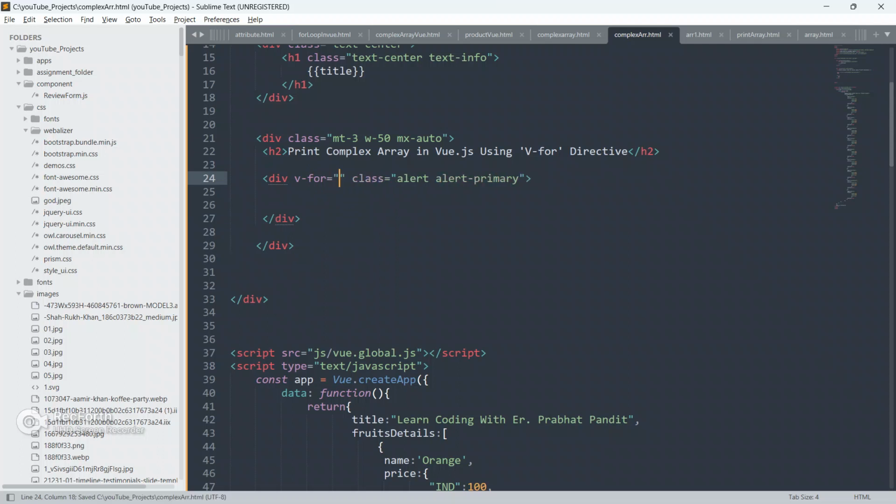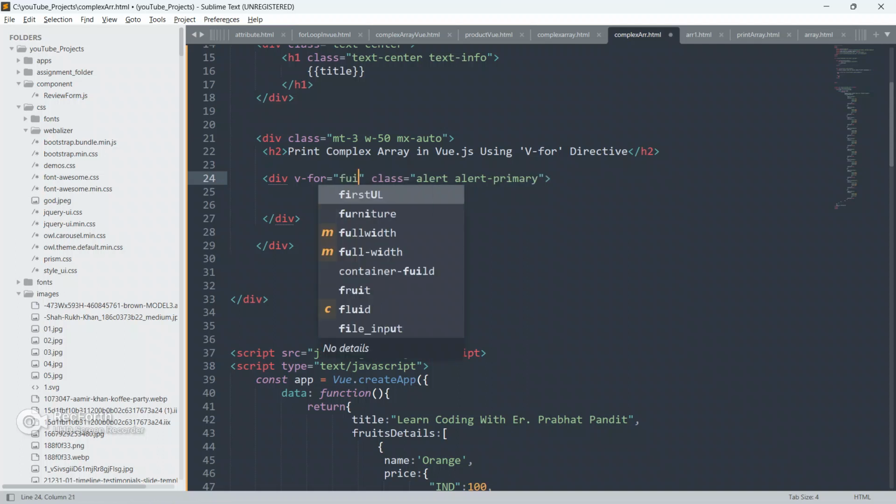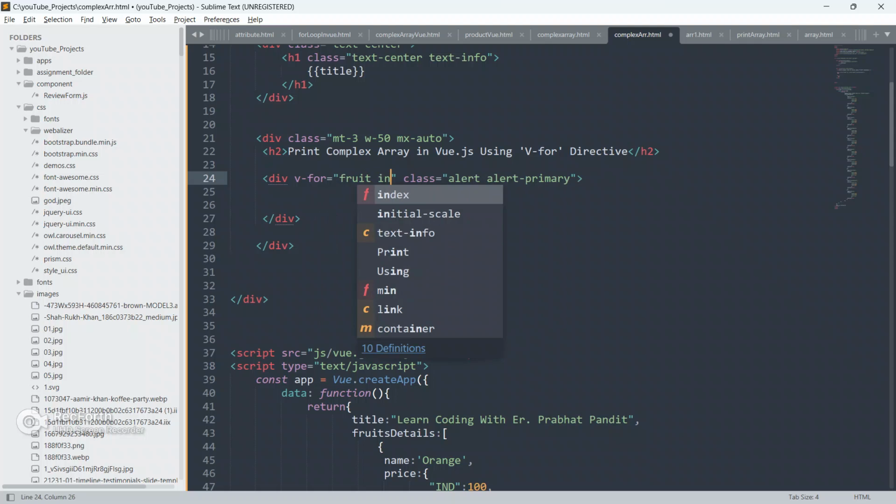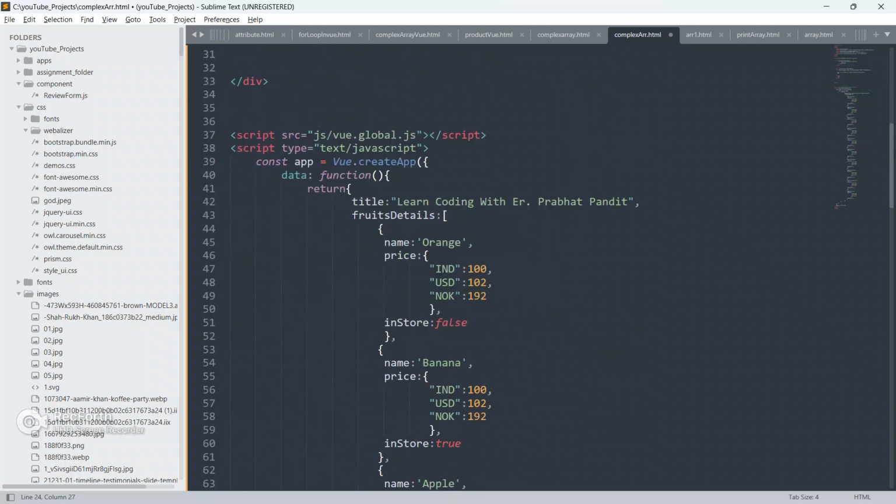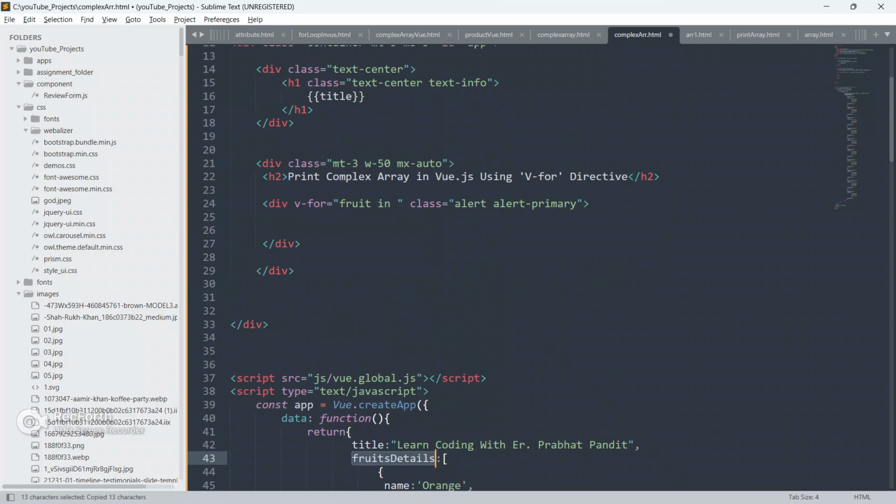so now let's do v-for equal to double quotes, and I'm gonna use fruit in this array guys. Okay, fruit in fruitDetails.